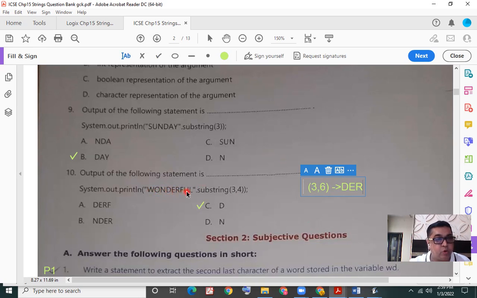So DER is what we would get in the output. Some of you have given the answer as DERF. Remember, I repeat, when I specify end at 6, it will not actually end at 6, it will end at 5. So we'll get characters in position 3, 4, and 5.